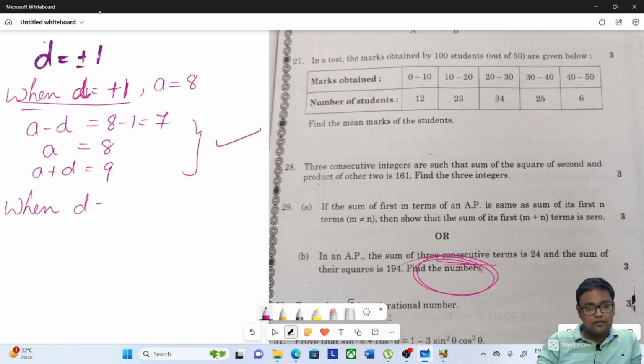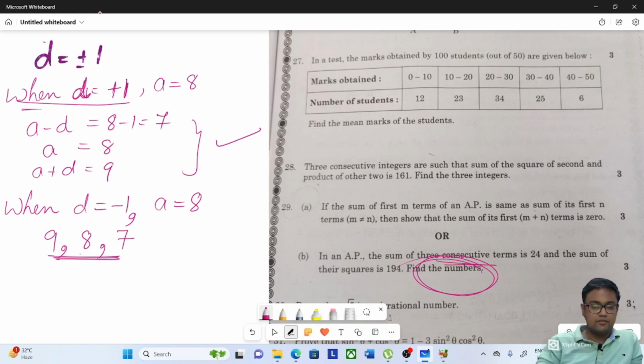When common difference is minus 1, so a minus d is 9, a is 8, right, and a plus d is 7. Again you got the number in reverse order, 7 8 9, 9 8 7. The three numbers, they are the same, the series is the same, but in both the cases you are getting